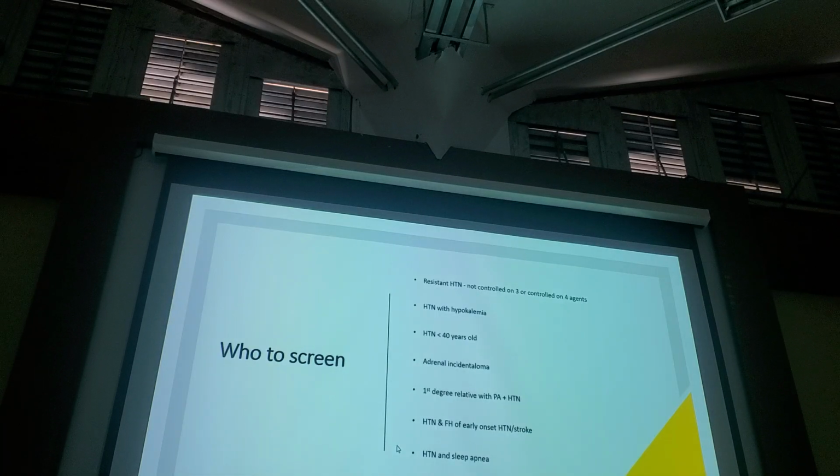than those with primary hypertension. So in whom should you suspect primary hyperaldosteronism? People who have resistant hypertension, okay, and the definition is right there. You have somebody in your office with hypertension who is on 3 antihypertensive agents and they're not controlled. A lot of Jamaicans fall into this category. Or if you're controlled, but it takes 4 agents to do so. In those individuals, you have to screen for primary hyperaldosteronism because we know it's common. We know it's out there, it's 1 in 10 persons with hypertension, and it's the most common cause of secondary